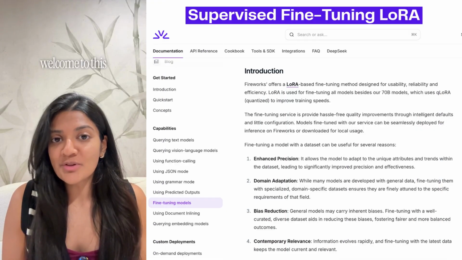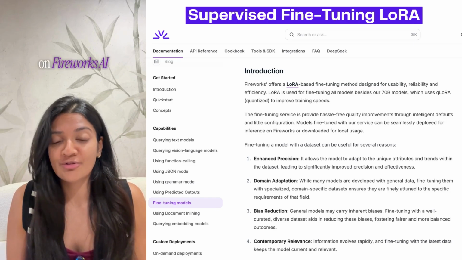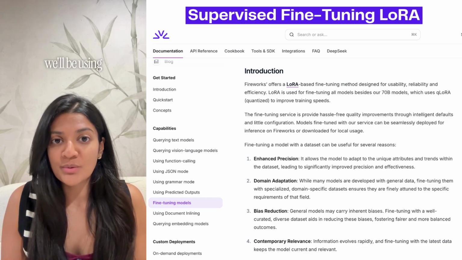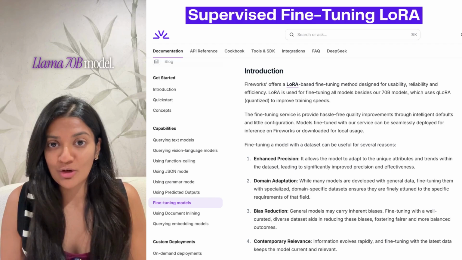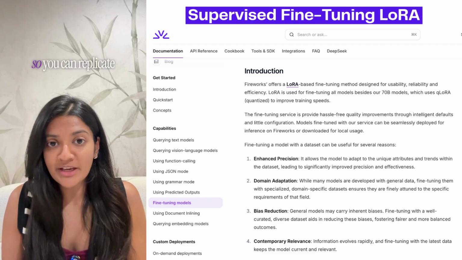Hi everyone, welcome to this quick demo on how to run Supervised Fine-Tuning or SFT with LoRA on Fireworks AI. In this demo, we'll be using the DeepSeek Distilled Llama 70B model. I'll walk you through every step from data preparation to deployment so you can replicate it for your own use